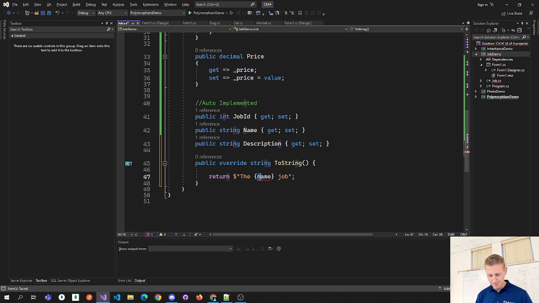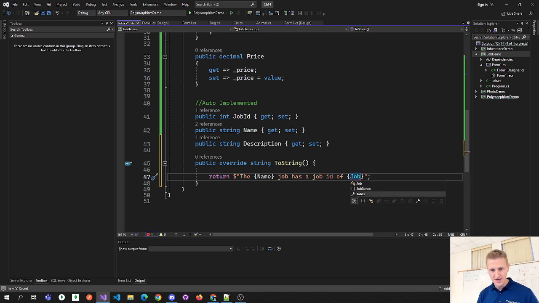Now this is a named property, so we're calling the get block of the named property. So this will say the car wash job has a job ID of job ID and a description of